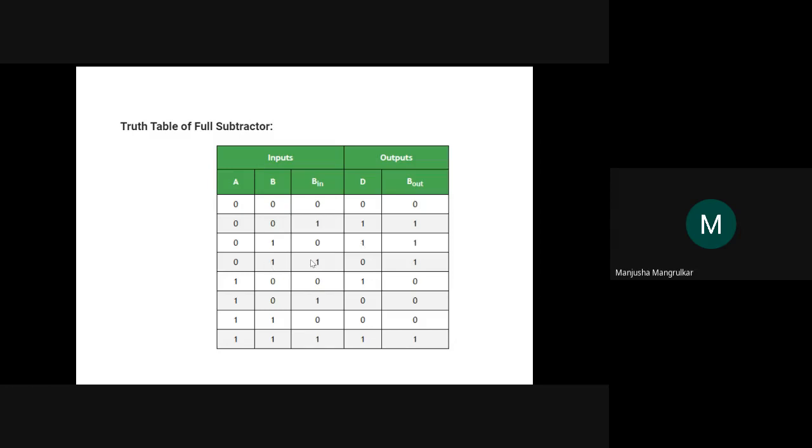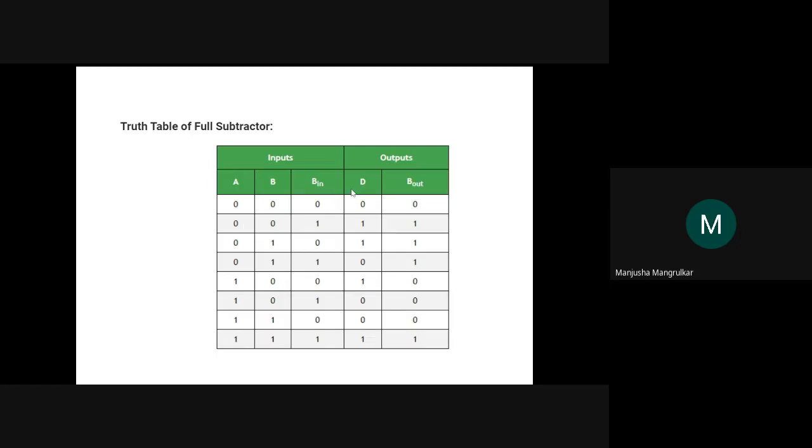If it is a two input, 1 minus 0: here you are generating the borrow, and 1 minus 1 is 0, so your difference will be a 0 and your borrow will be a 0. Now 1 minus 0 is 1, and again 1 minus 0 is 1, and 0 minus 1 will be a borrow. 1 minus 1, your difference will be a 0, your borrow will be a 0. 1 minus 1, again difference will be a 0, borrow will be a 0. 1 minus 1 minus 1, your difference will be a 1 and borrow will be a 1, as we have seen in the number system how we do the subtraction, the same.